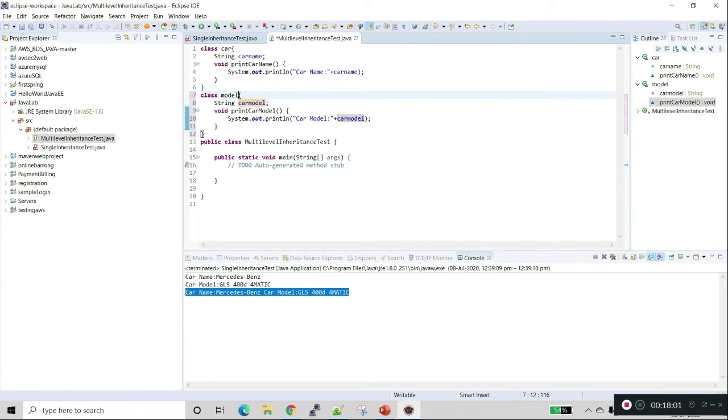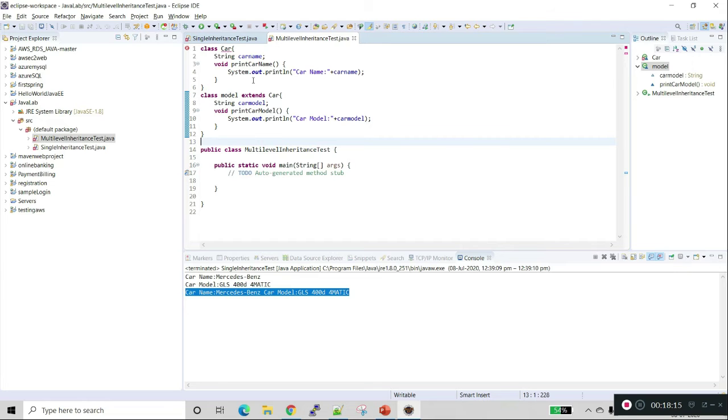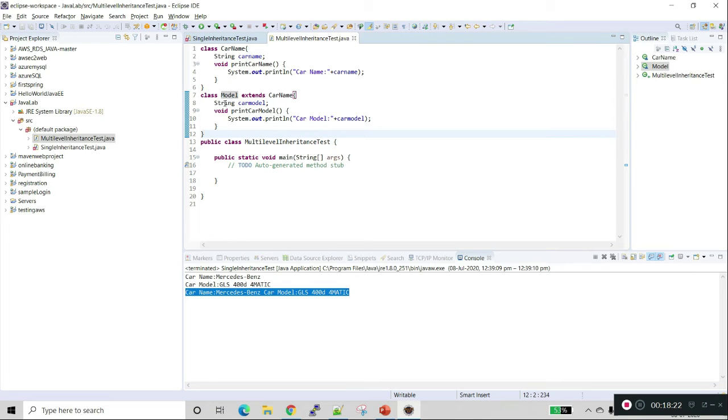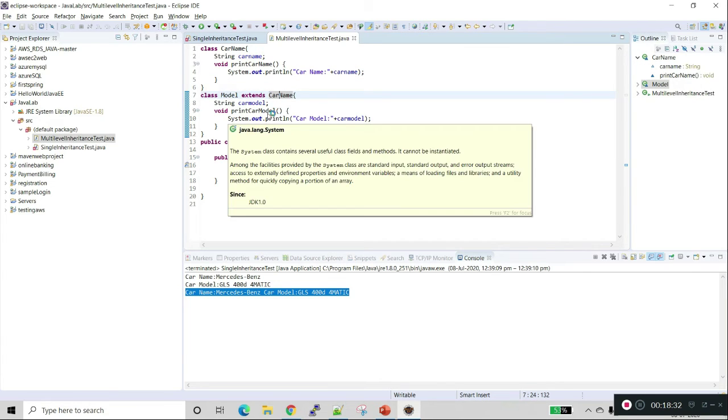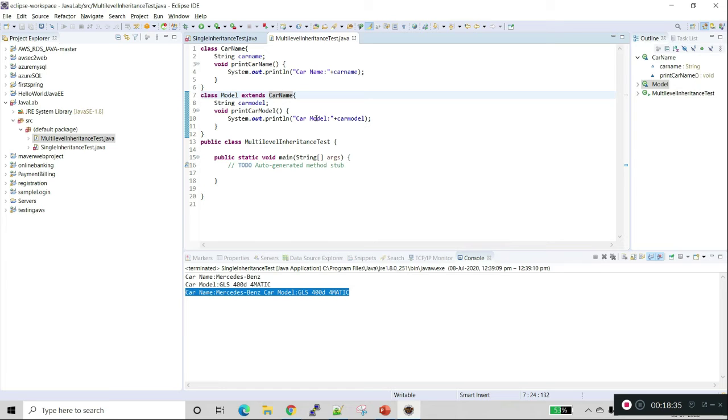The model class extends the superclass car. Make it caps, Car. Now it's printing the car name and the car model. It extends the superclass car name, and we are printing the car model here.